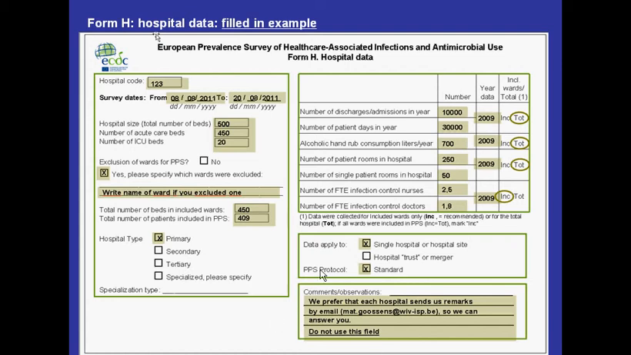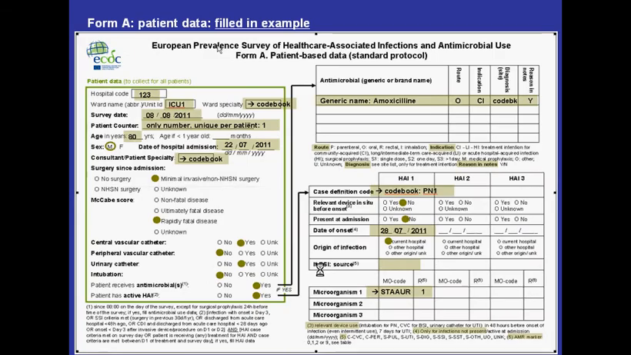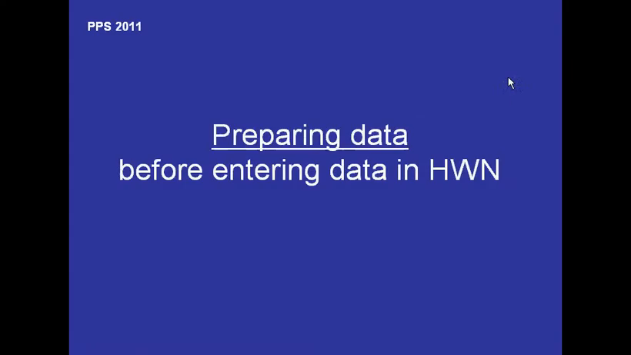The next form will be Form A, the patient data. Again, we're showing you a filled-in example. Again, here you will fill in the hospital code for our site, 123. Then you will fill in the ward name for which